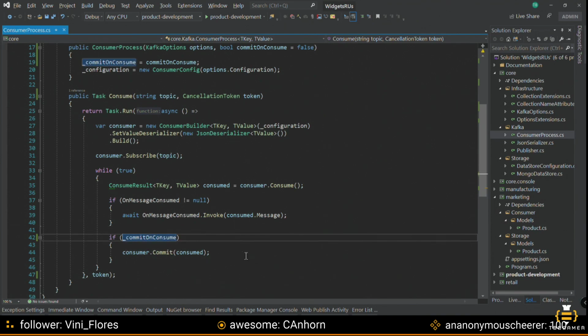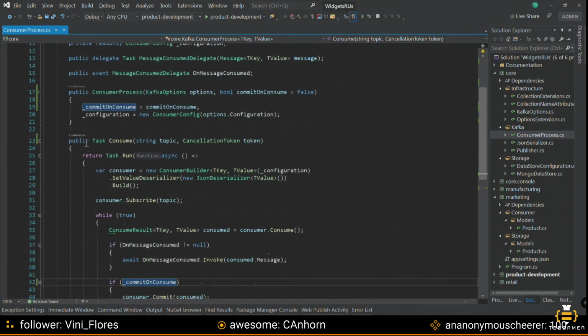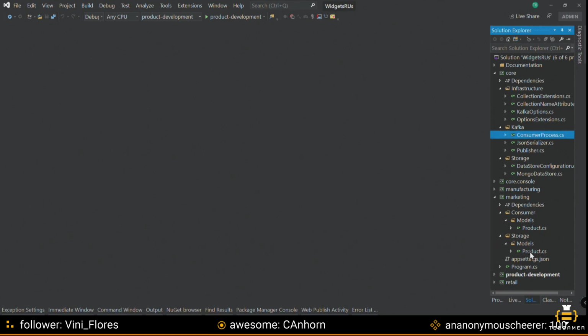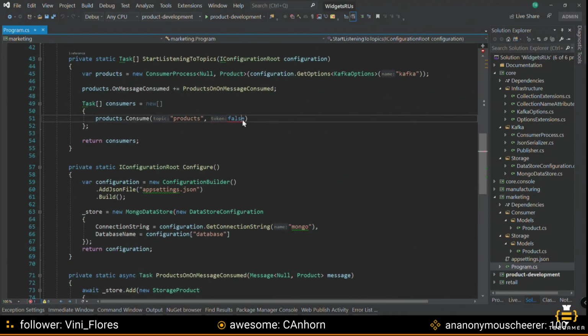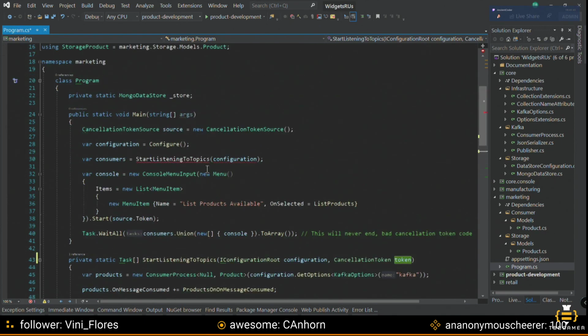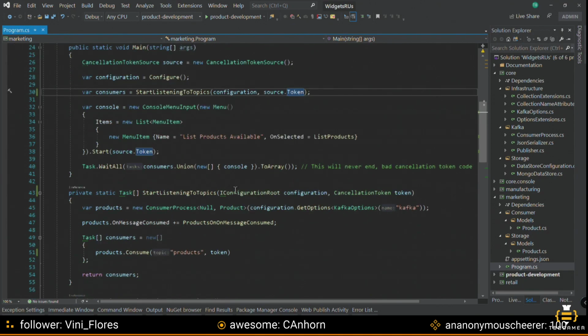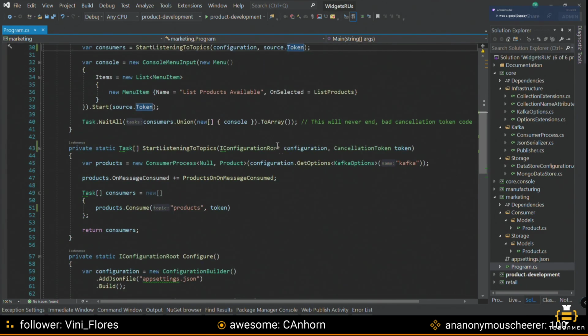If commit on consume. I never committed, that's why. That's the bug. Okay, cool. Source.token. Okay, so what I'm trying to do right this second is just kind of organize my not very well optimized